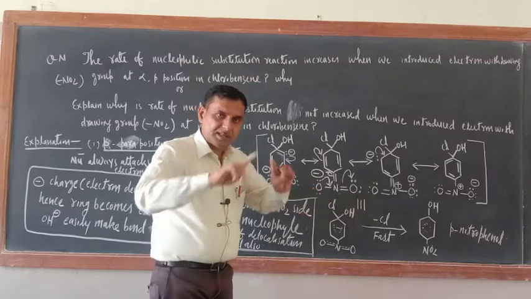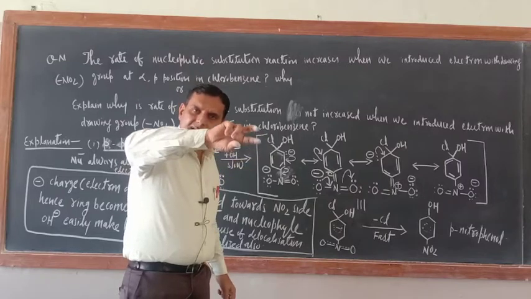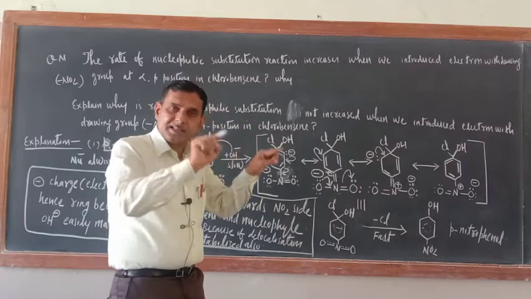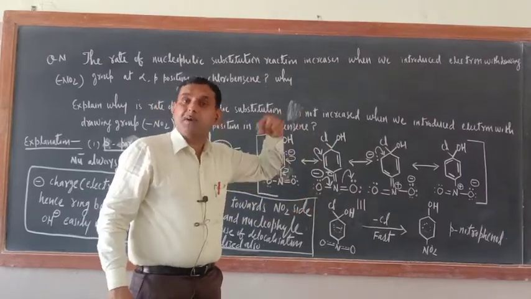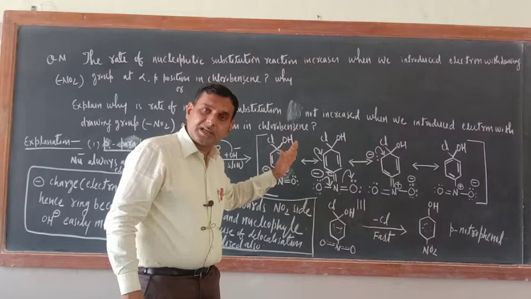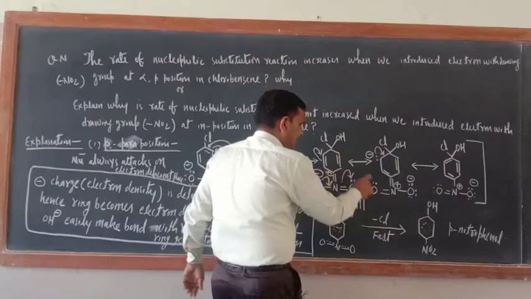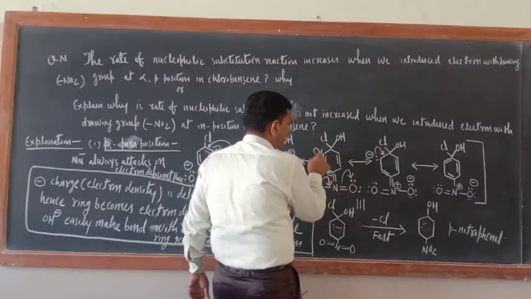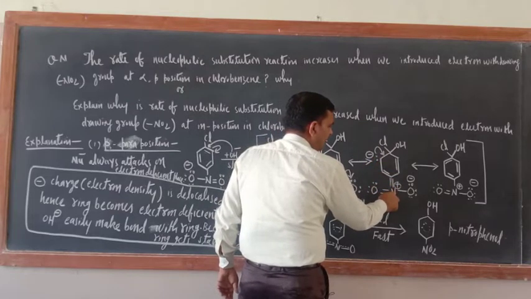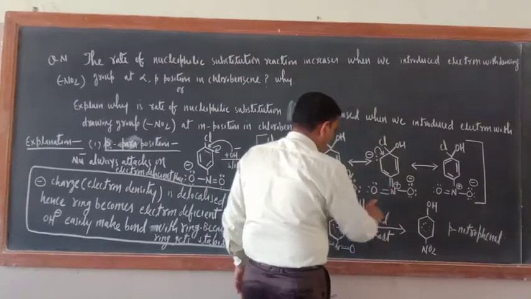Because the 6 pi electrons present in the benzene ring are delocalized over all 6 carbon atoms, but all 6 carbon atoms are inside the ring only. So still those 6 pi electrons are present in the benzene ring only, but because of the presence of NO2, those electrons are channelized toward the NO2 side. You can check here. In the next step, this double bond will go here and this bond will come here. That is why here 2 electrons, and now nitrogen has a positive charge here, because its electron has gone here. Now just see here.